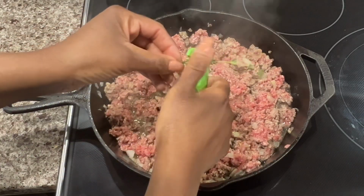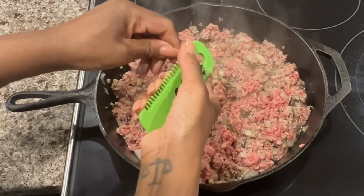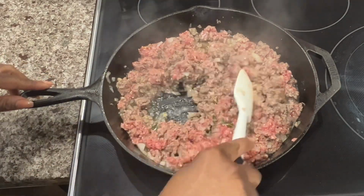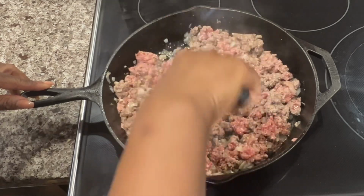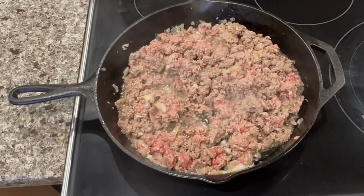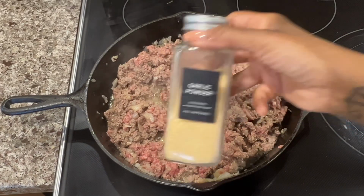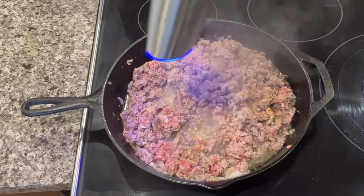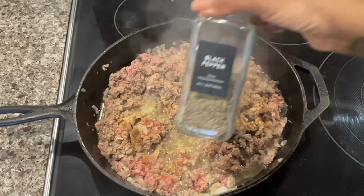So I'm going to add in some fresh thyme to my ground beef. It gives it so much flavor and it's just delicious. I'm just going to stir that up, and then I'm going to add in all of my dry ingredients. Garlic powder, some Old Bay. I'm also going to add in onion powder, salt, and pepper, and then I'm going to give that a good